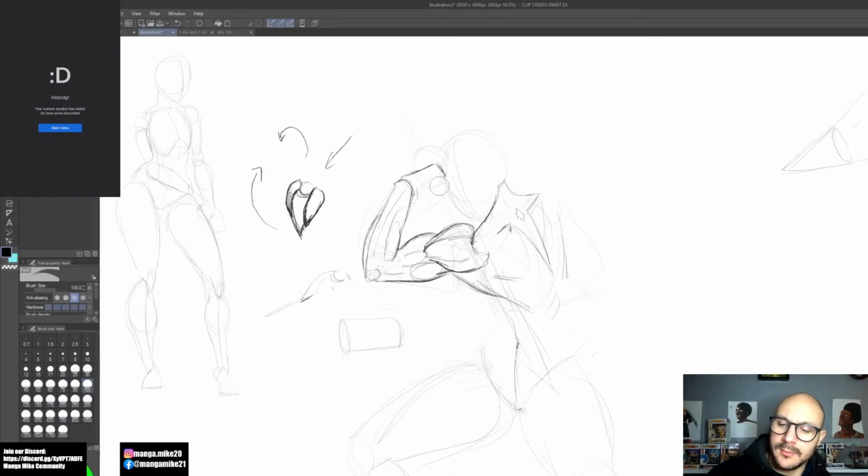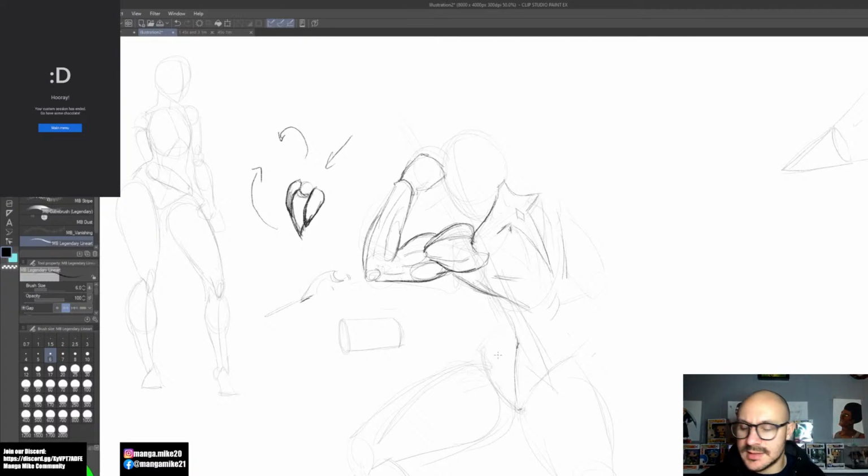Okay. So for this though, I'm gonna just keep it kind of simple for the hand and do that. Say that's at least partially correct as to what the anatomy would look like